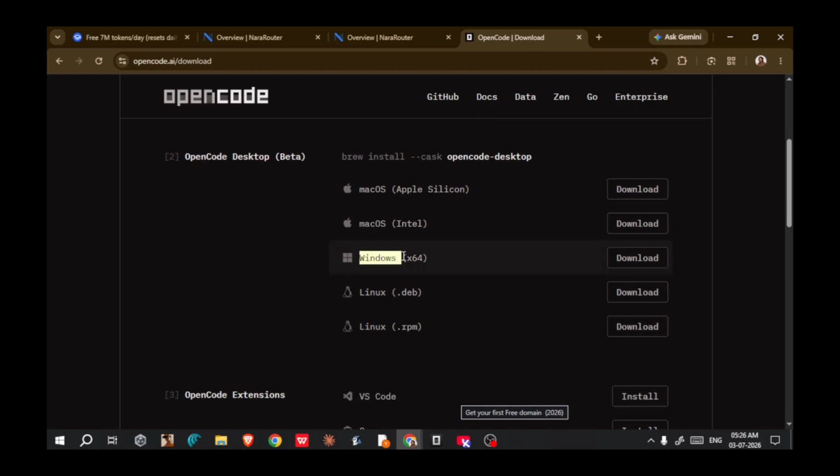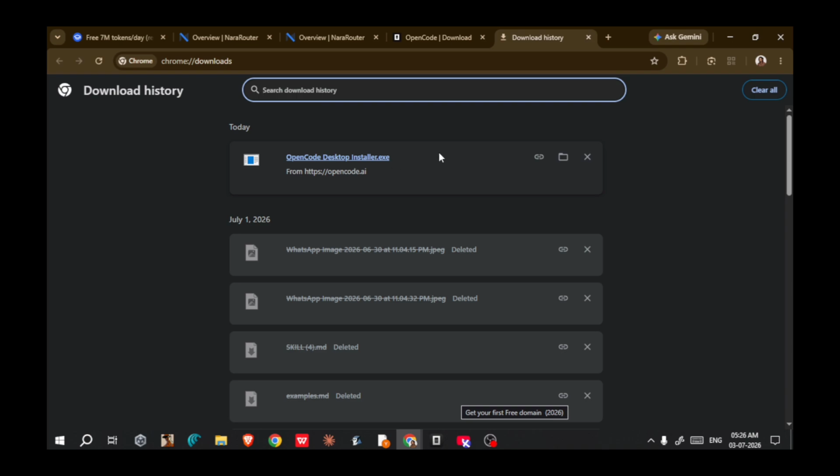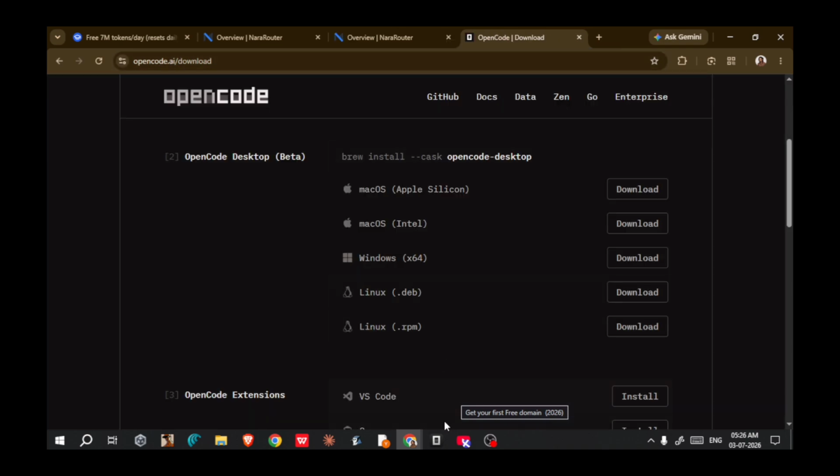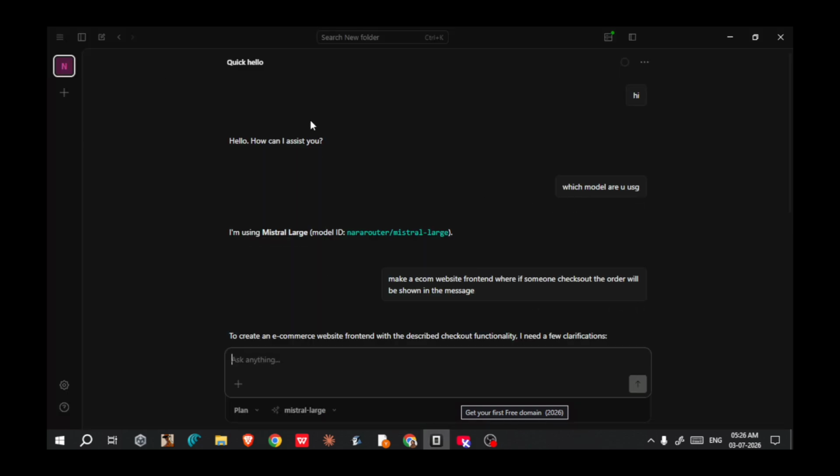Here we have the Windows option. Press the download button here. You will have this installer exe file. Then when you open it, you will have the application downloaded.